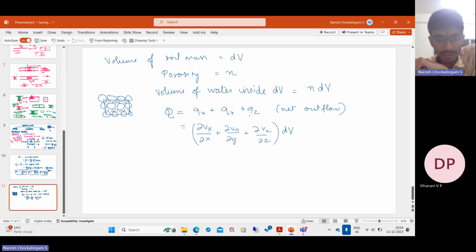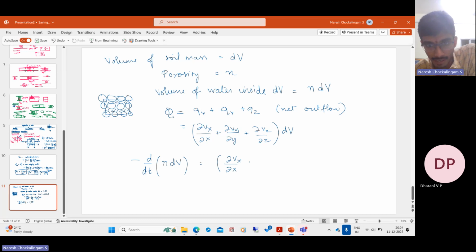Now dV is constant. This is the net outflow. If there is a net outflow of so much, the volume of water inside the control volume decreases by the same amount. So minus d by dt of, because it is decreasing, I put a minus sign, porosity into dV is equal to ∂Vx/∂x plus ∂Vy/∂y plus ∂Vz/∂z dV. dV is constant, therefore minus d by dt, dn by dt